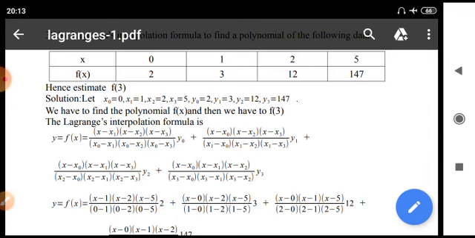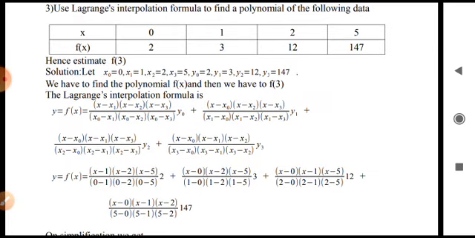So we substitute x0, x1, x2, x3, y0, y1, y2, y3 in Lagrange's formula. We write x as it is. So x minus x1 is x minus 1, x minus x2 is x minus 2, x minus x3 is x minus 5, whole divided by x0 minus x1, which is 0 minus 1, x0 minus x2 becomes 0 minus 2, x0 minus x3 is 0 minus 5, multiplied by y0 which is 2,